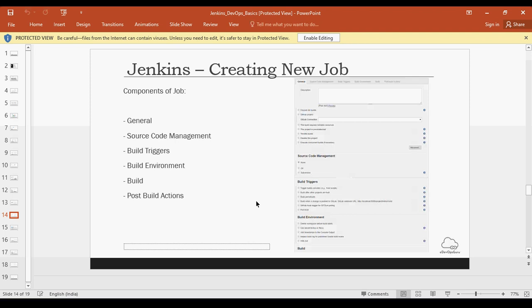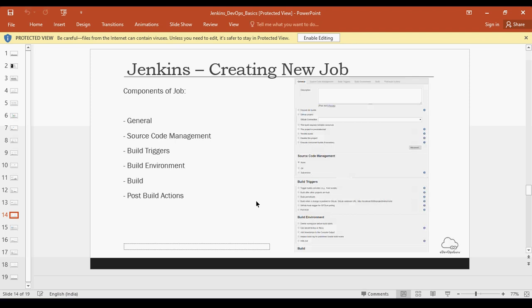Like if one job is done and you want another job to be triggered once that job is finished, that functionality is also there. You can also keep polling your source code management tool, so if there is any change in SCM, those changes can also be picked up. We will cover some of these build triggers in today's session.